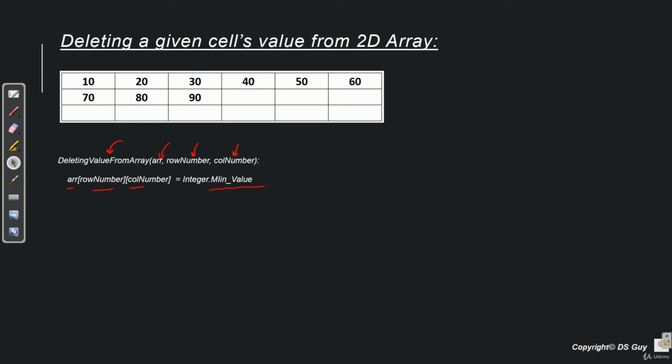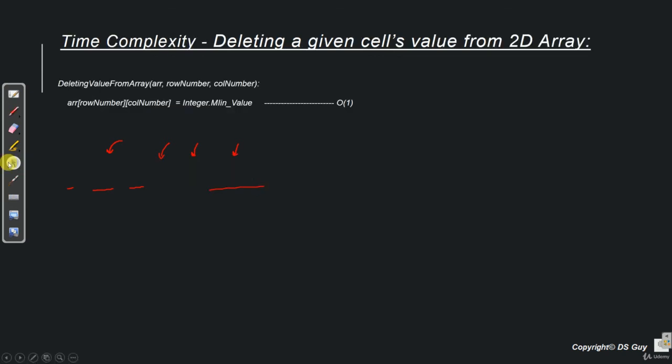Now let's see what the time complexity is. As you would have already guessed, the time complexity of this operation is order 1 because it is just a replacement of a value in one of the cells and we did not travel through all the cells in the array. So time complexity is 1 and space complexity is also 1 because we are not using any extra space to do this operation.